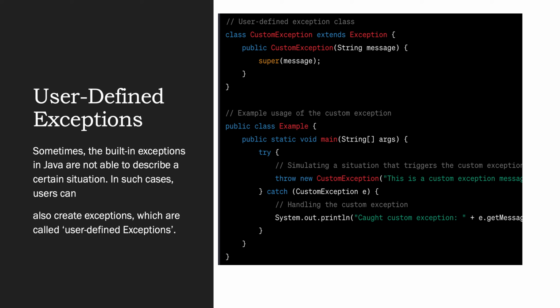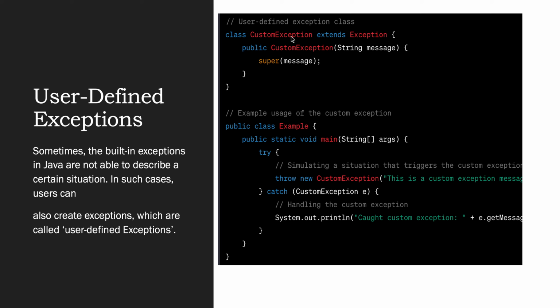How can we create a user defined exception? Something like this. We can write the class name, then the extends keyword, and here we can provide the type of exception that we want to create. If we are providing Exception, it means that it is going to come either at runtime or compile time, because Exception is the super class. If we want to create a runtime exception, instead of extending Exception, we can extend RuntimeException. But let's say this is the way we can create the exception.